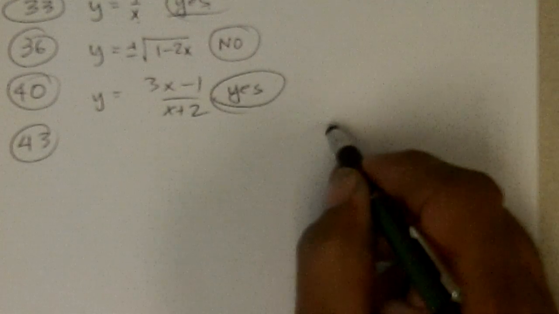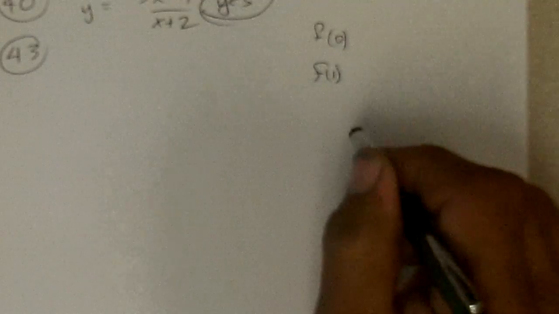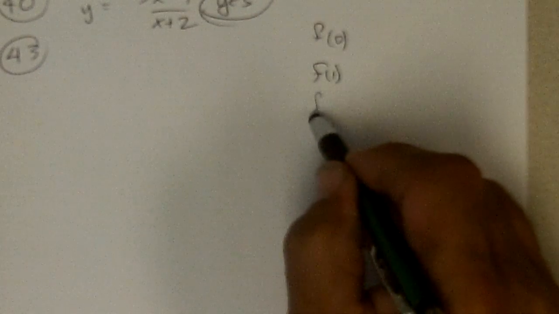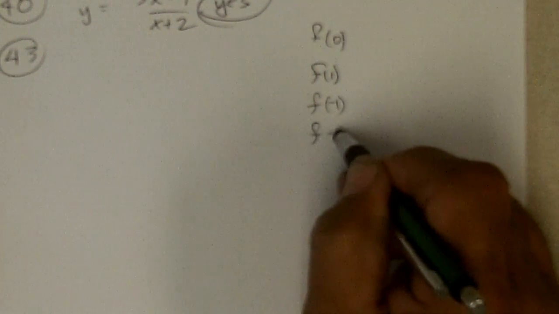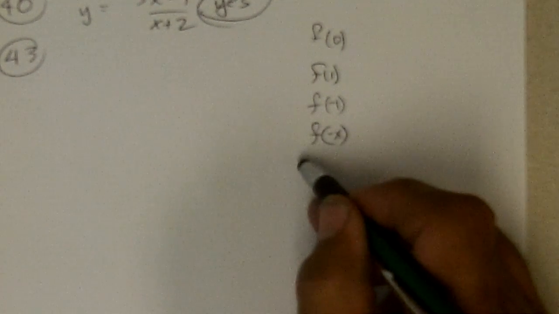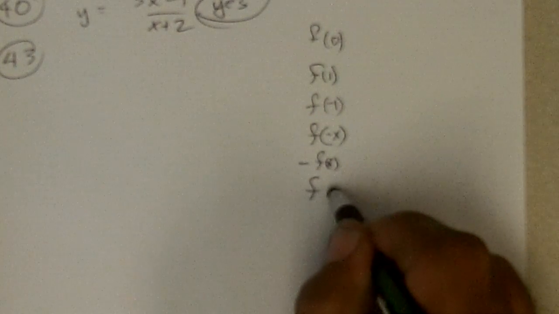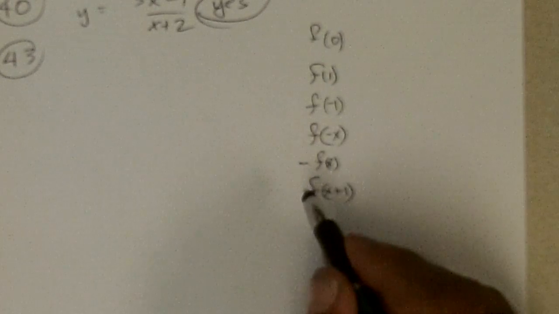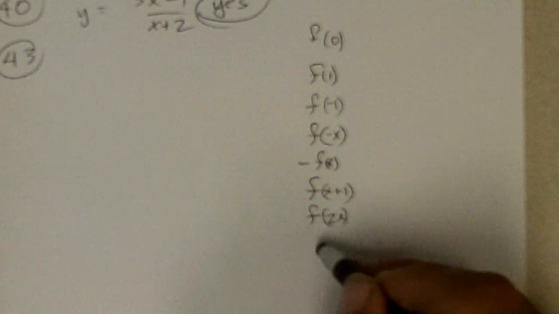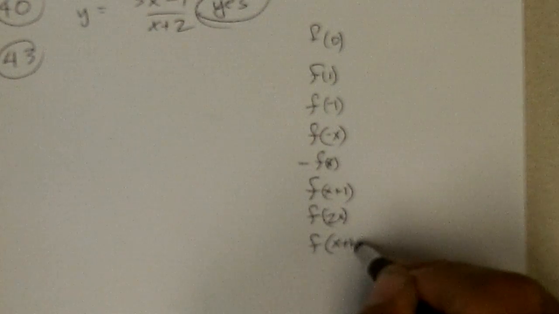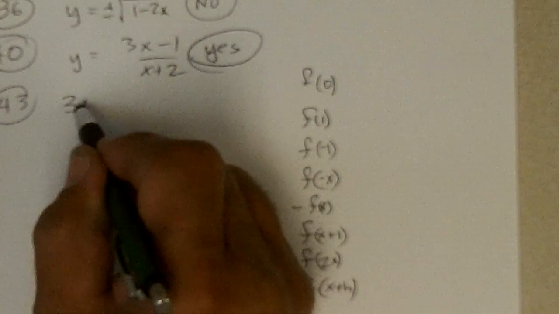Let me make a list here. f of 0, f of 1, f of -1, f of negative x, negative f of x, f of x plus 1, f of 2x, and f of x plus h. Okay, and 43 was 3x squared